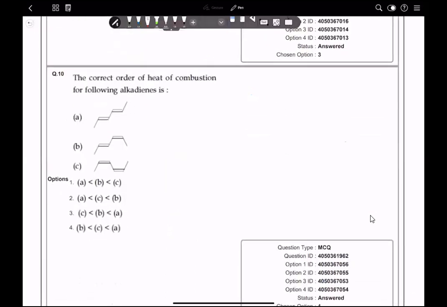And the next question is to find the correct order of heat of combustion of the following alkynes. For heat of combustion, if the number of carbon-hydrogen bonds is the same, we compare stability. Now you can see with respect to this pi bond, both the groups are trans, and with respect to this pi bond also, both the groups are trans. This is a combination of trans and trans. Now, if you look at the other option, with respect to this it is cis geometry, and with respect to this it is trans geometry. It's a combination of trans plus cis. In the last case, here also cis, here also cis. So both the geometries are cis.